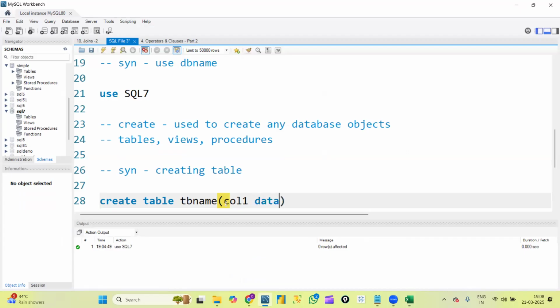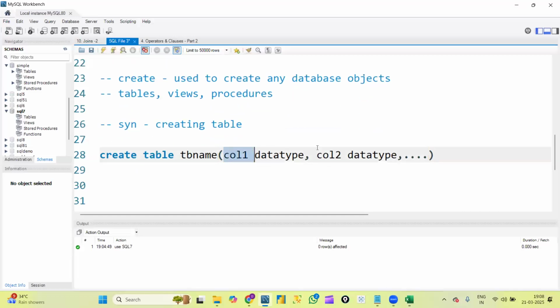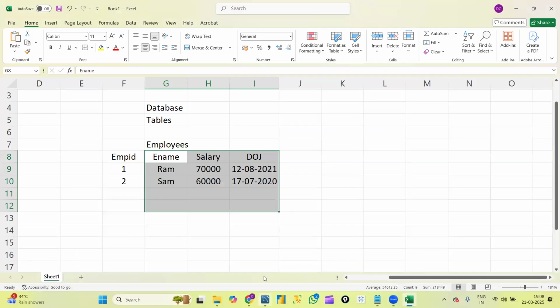For every column here, we will use something called a data type. What is data type? I'll explain it in a while. First, let me write the syntax. So column name 1, column name 2, like that. However many columns we want, that many columns we will mention inside parentheses, and for every column name we will mention the data type. So what is data type? First let's understand, then we will come back to this create syntax, and then we will create the table. But before that, first let's try to understand what is data type. Okay,